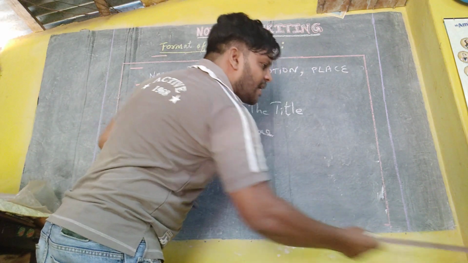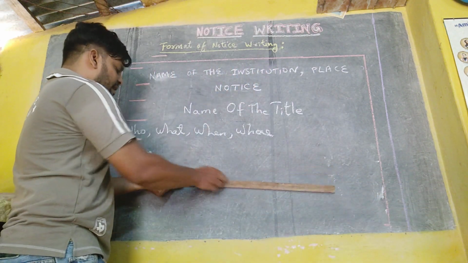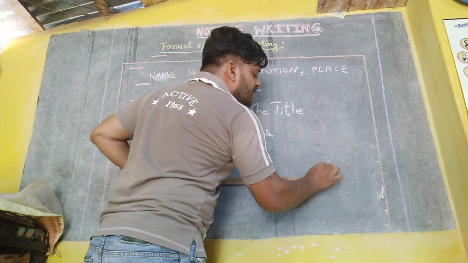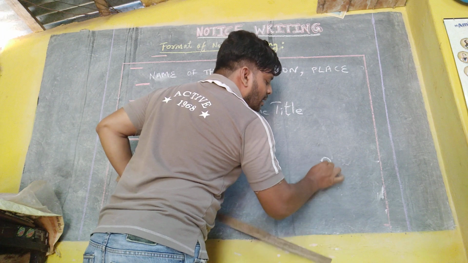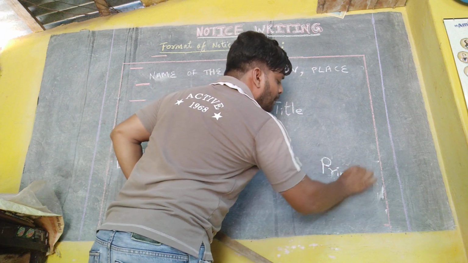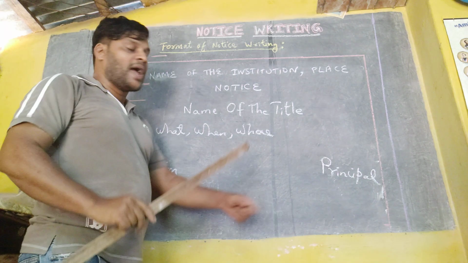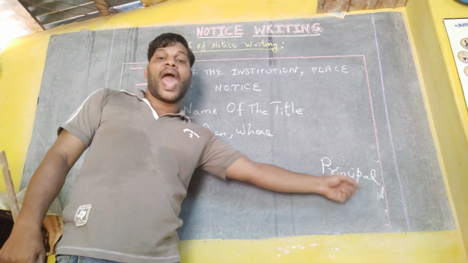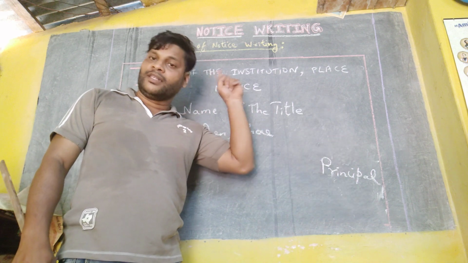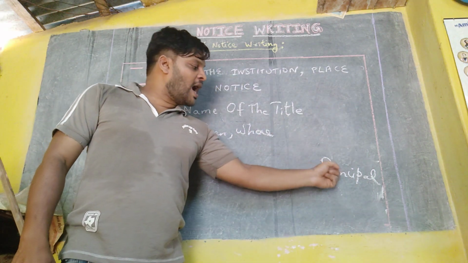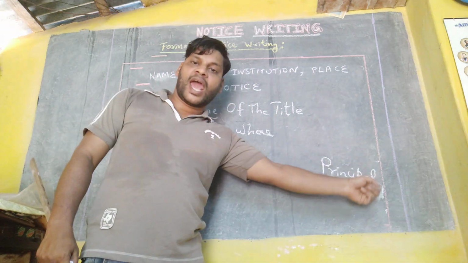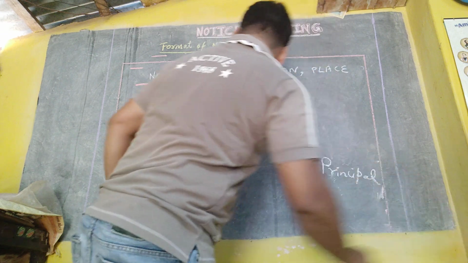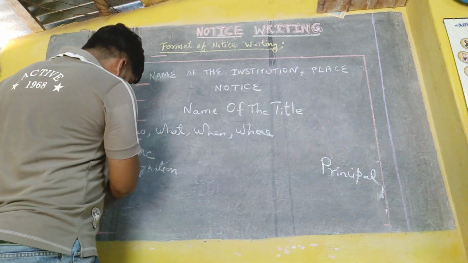Now in line with the designation, on the right hand of the box, the word principal will come, capital P. See the spelling of principal, P-A-L. Many times students spell it wrong. P-L-E they write, but P-L-E is a science principle. P-R-I-N-C-I-P-A-L. Please note the spelling of the word principal. Write it correctly. Then leave one line space.